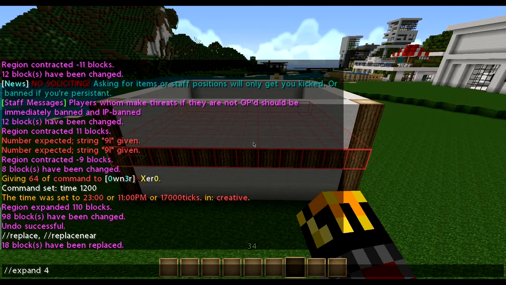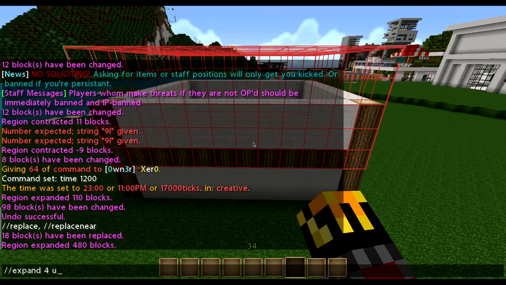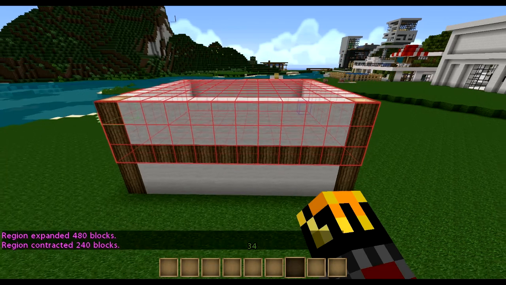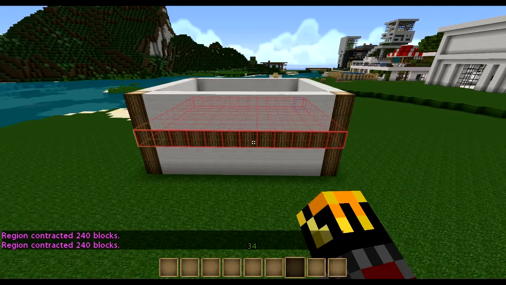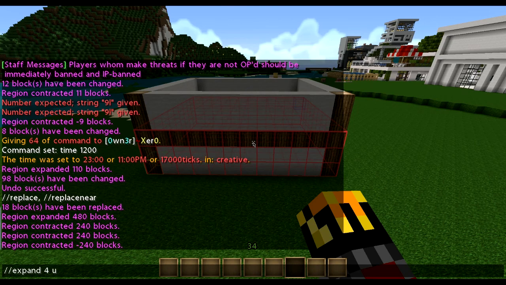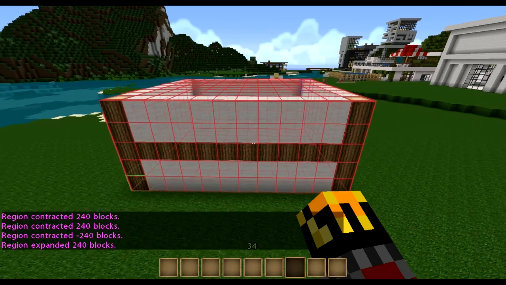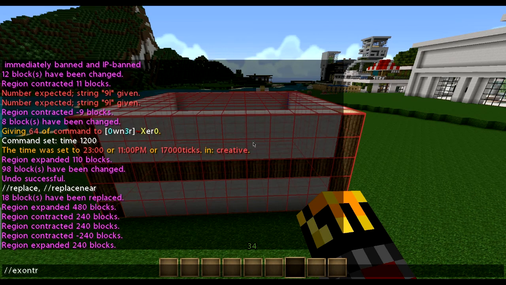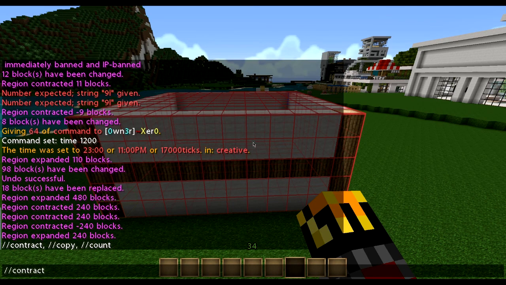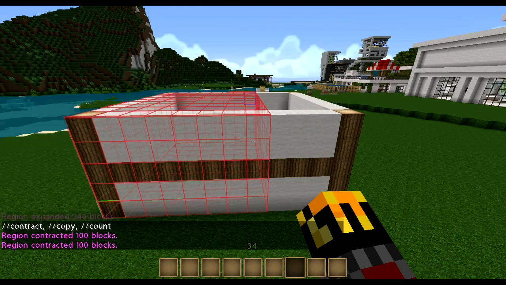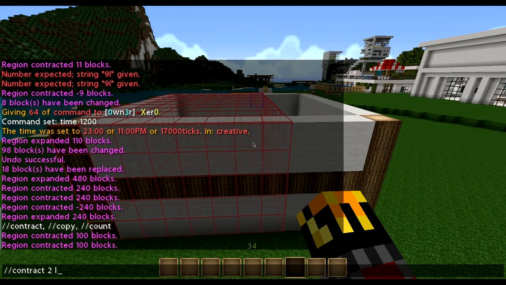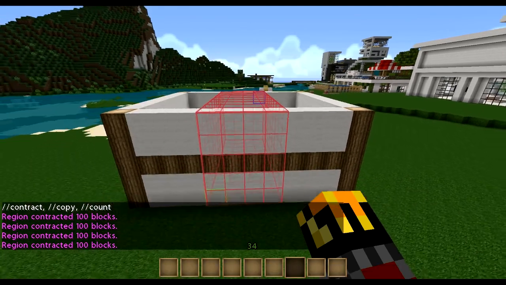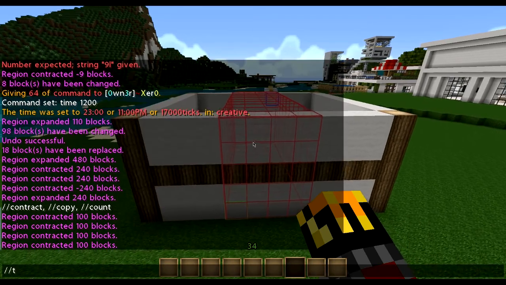Expand 4 up. Contract 2 down. Do 2 more down. And now we'll just expand 2 up. I screwed up there. Don't follow me on that one. Okay, so we're going to contract it 2 left. So that, okay, and 2 right. Okay, there we go. And we're going to replace wool